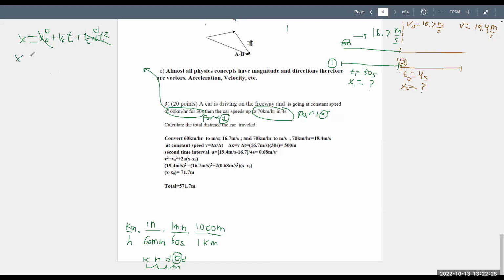So then your X is equal to V T. Or you could also do V is equal to delta X over delta T, which means that V T is equal to X minus X naught. This X naught becomes 0. Either way, you get X is equal to V T,